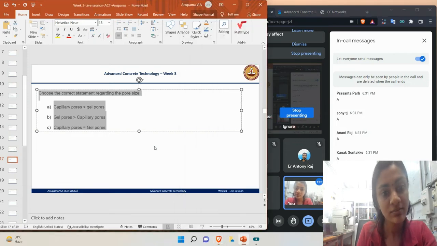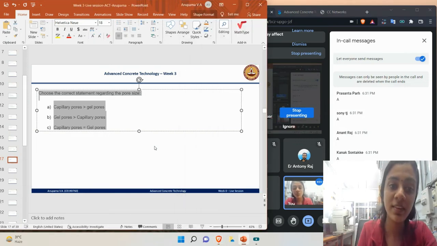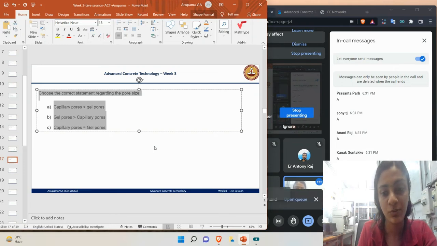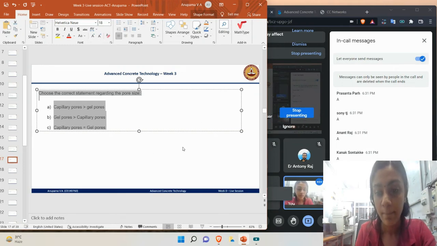Gel pores, on the other hand, are present within the CSH gel. That's why they are called gel pores. Ma'am, with respect to this capillary pore and gel pore,